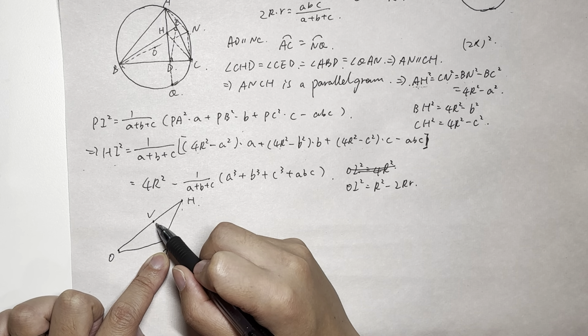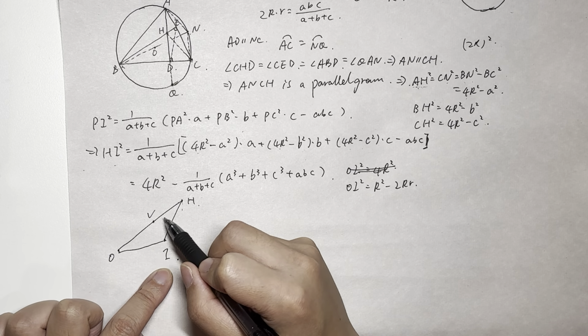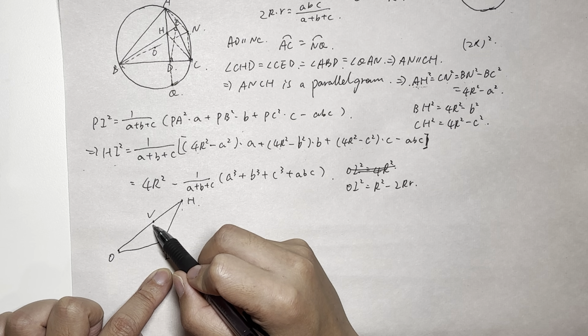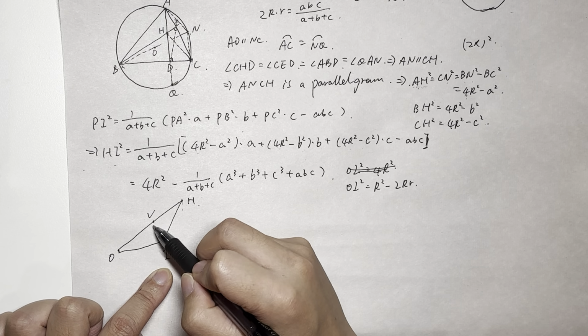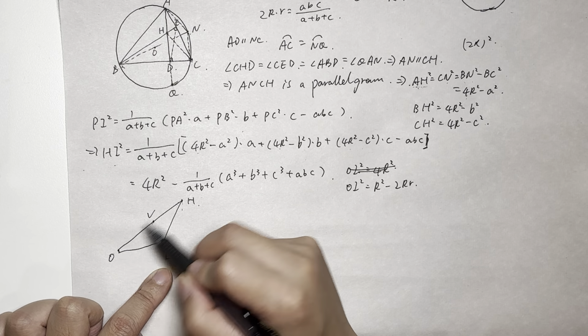And we know the ratio of VH to OH, that's half, right? And also VO to OH, that's half. And if we know OH square, we can directly calculate VI square, right? That's the distance we're looking for. So the next step is that we want to find OH square,